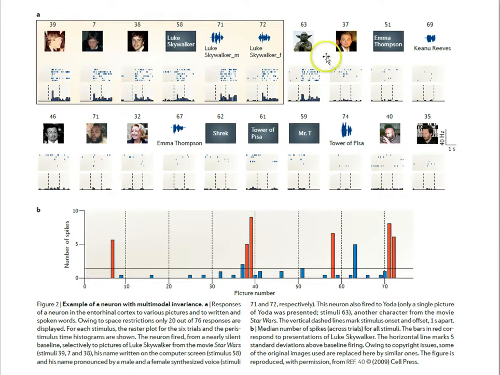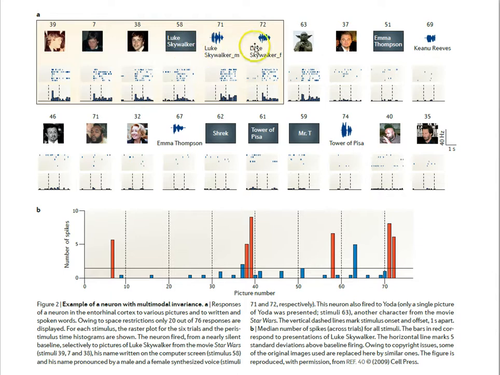Now here are some cells that are responding to Luke Skywalker, to Mark Hamill. So we have activity here for all these conditions. Oh, but now take a look at this. The cell not only responds to the face of the person, but also the written name of the person, Luke Skywalker, and beyond that, the auditory experience of hearing somebody say the name Luke Skywalker. So here we have a multimodal response that this hippocampal neuron will respond to the visual stimulus of Luke Skywalker, the written word Luke Skywalker, and